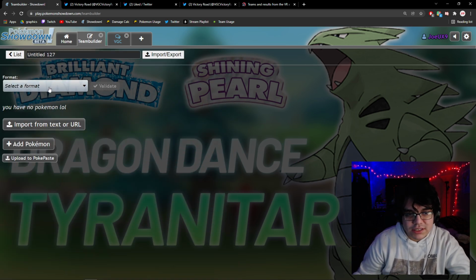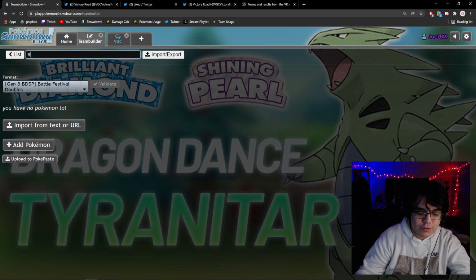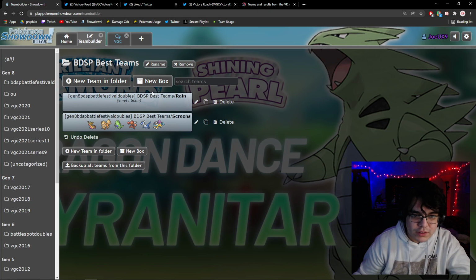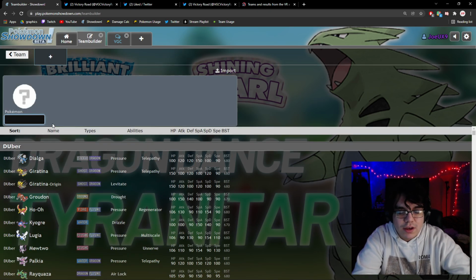Now, we're going to go into the second version of the team, or teams I think is really good. And we're going to cover Rain, right? So I'm going to call this Rain, and I'm going to call this Screens, just because this is a little more accurate, right? So next one to cover is Rain. So Rain pretty much is...